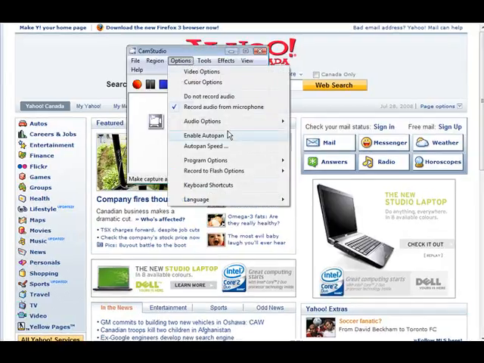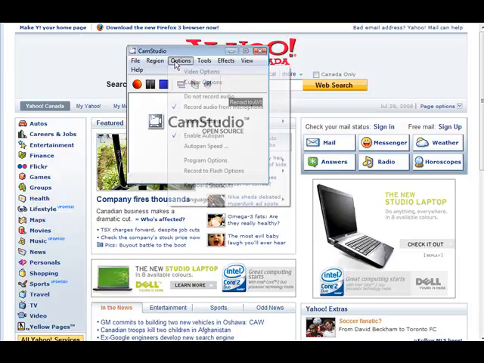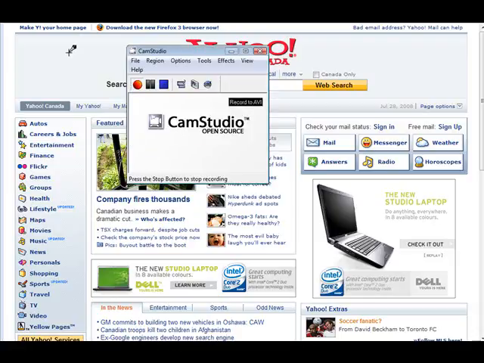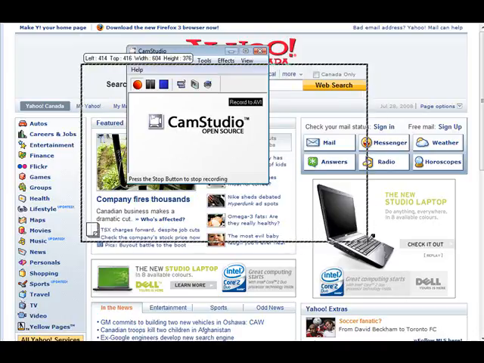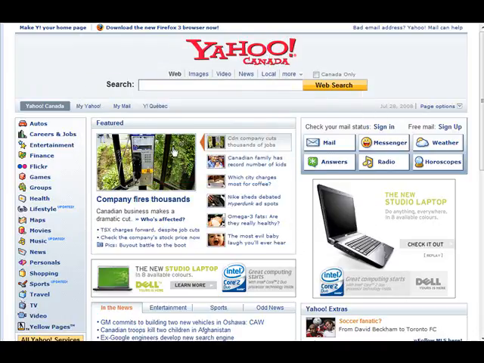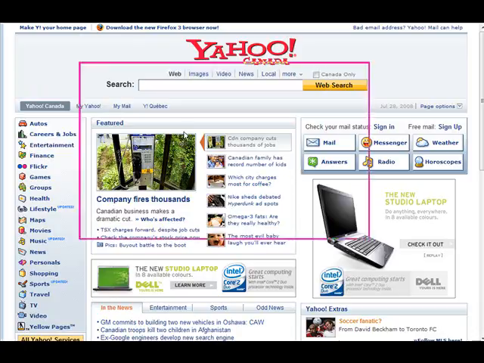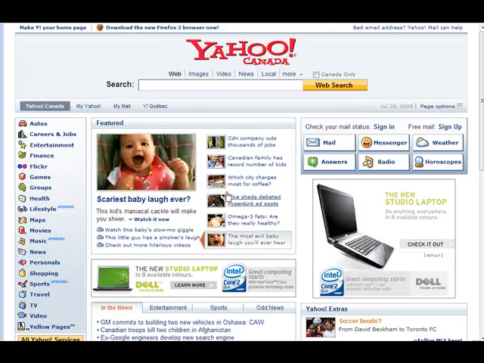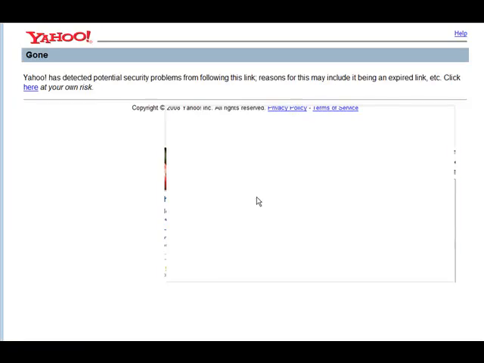Okay, now let's have a look at how the auto pan works, like I said I would show you before. So if we enable auto pan, and then we go and we select our auto pan speed, okay, now we set record, set our region. Let's just set it a little smaller so you can see how it works. What we do is we just move our cursor around in here, and you see that the recording area is following my cursor around. You see that? Okay. Now let's stop the recording